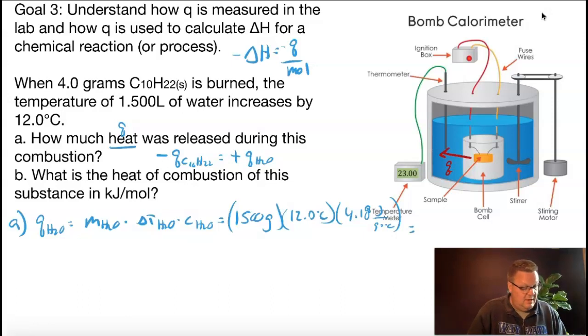All right, so when I do that, I'm going to bump the decimal point over 3 places, I get 75.2 kilojoules of heat is being absorbed by the water, and it also is being released by the burning C10H22. Okay? So if Q water is 75.2 kilojoules,